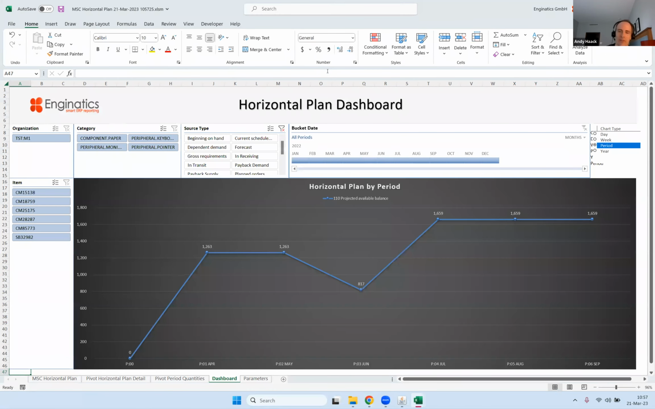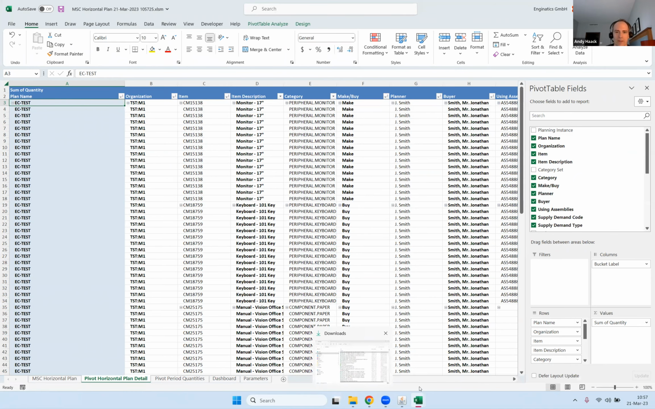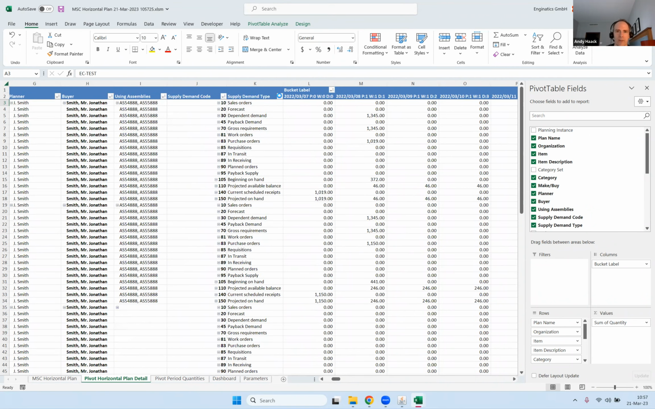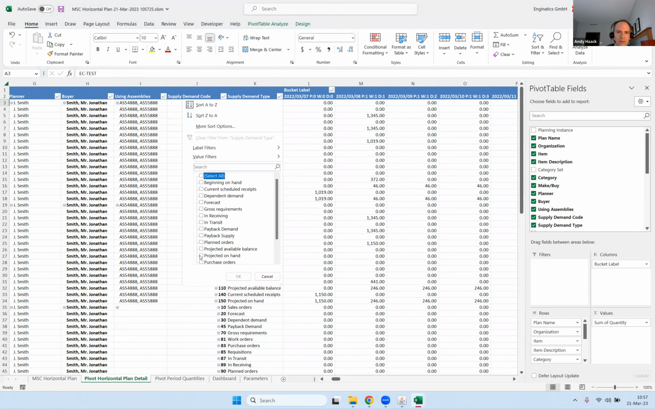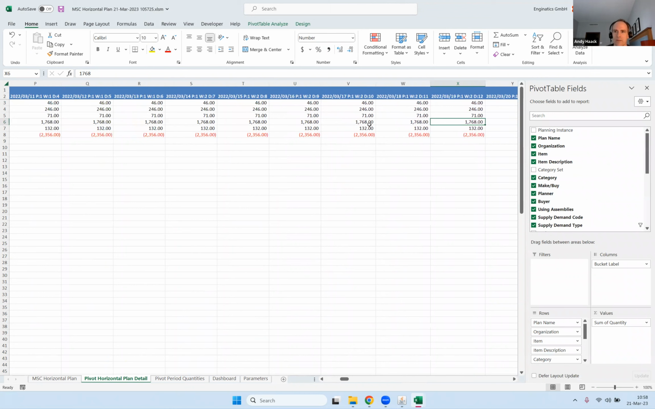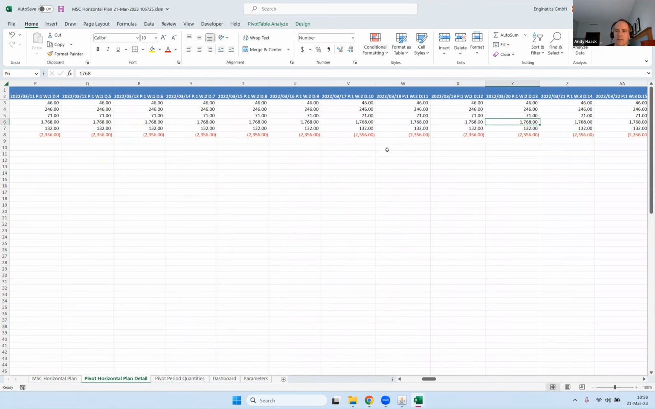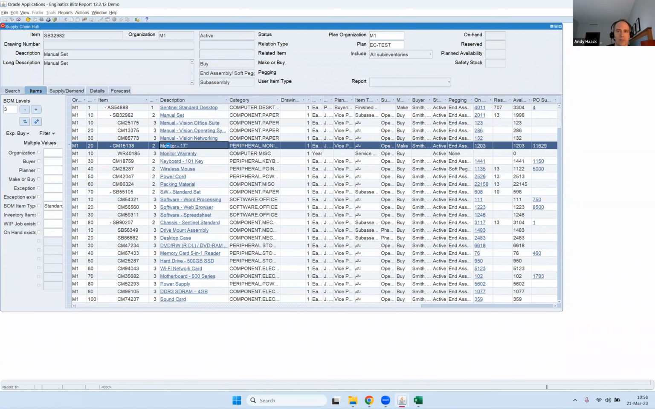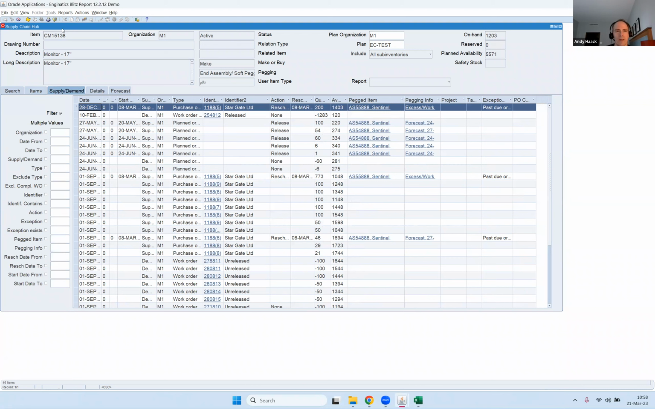So specifically for planners, this is interesting because they have the possibility to see the horizontal plan information in one Excel file instead of the Oracle screen, and that's what I like. For example, if they want to see the projected quantity on hand, they can easily see it in Excel, with all the buckets here. Or they can see the supply and demand information for certain items. For this monitor, they see that they currently have 1203 monitors on hand,